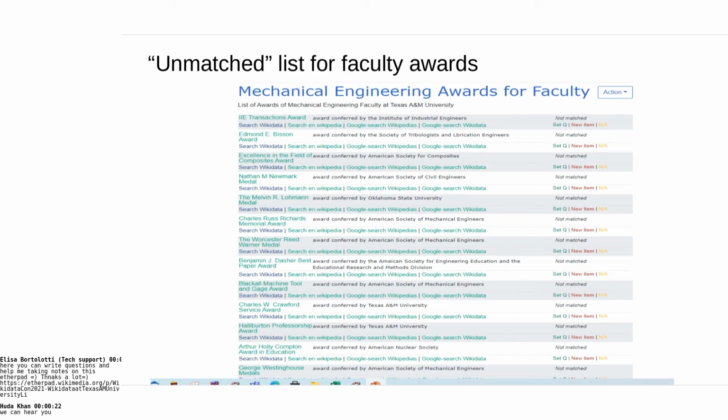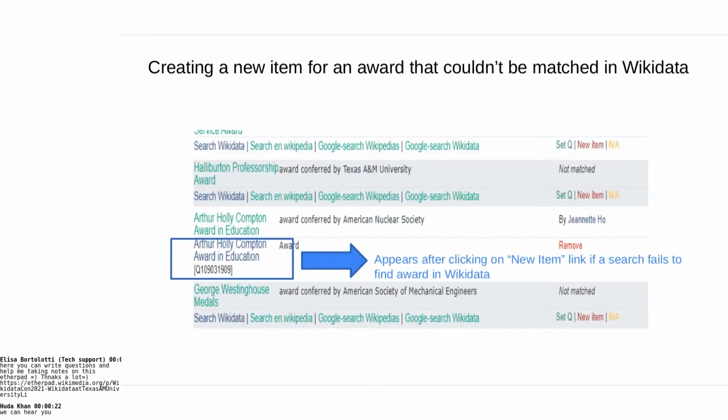So you click on that. This is a screenshot showing you what it looks like. It has various options, buttons and links you can click on that allow you to search Wikidata yourself to see whether it's in there, as well as things you can do research on, like search Wikipedia or Google. And if you find enough information to create a record and there's nothing in Wikidata that you can find, you can always hit new item.